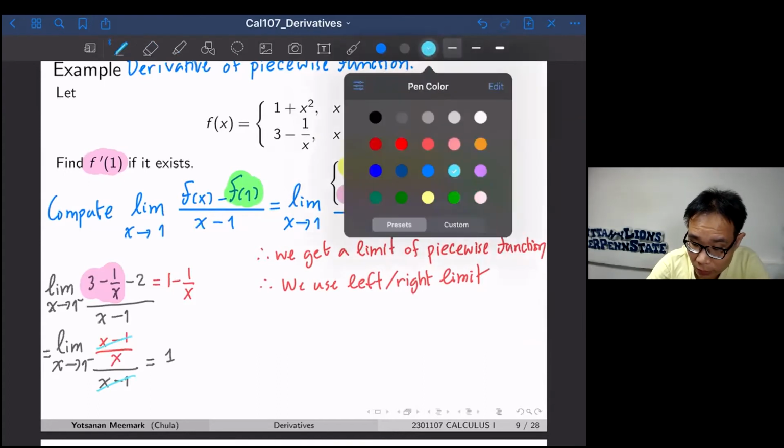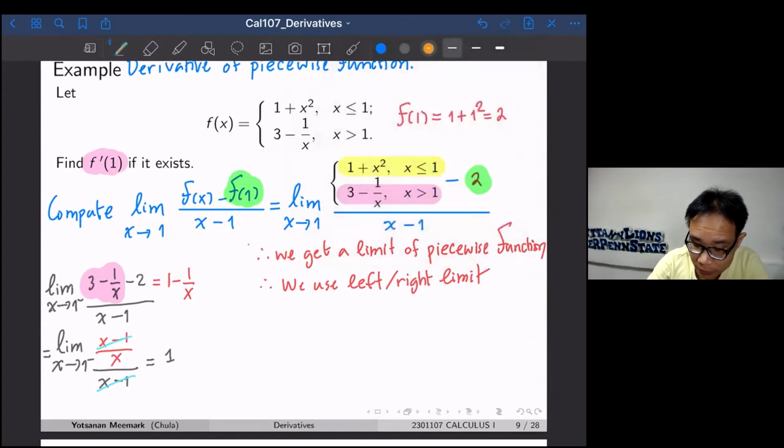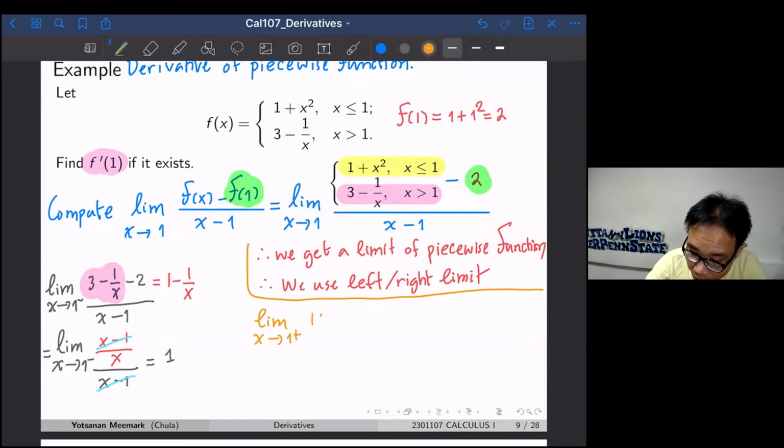And we're going to compute the limit from the right side. So we have this one, and we're going to compute the limit as x goes to 1 from the right. And it's going to be the yellow one. So it's going to be 1 plus x squared minus 2, okay, over